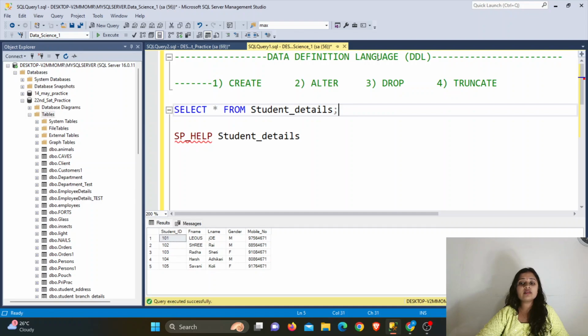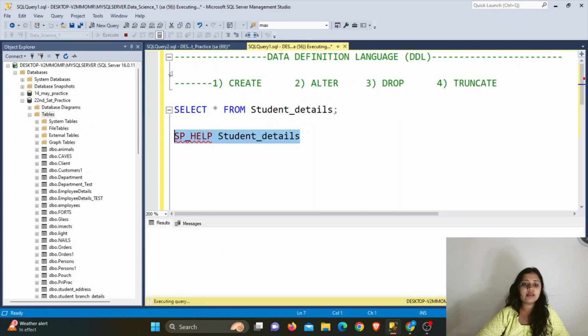This DDL category, that is the Data Definition Language category, is all about making changes to the structure of your table. Here I have created one table, that is student_details, and if you want to see the structure of the table, there is one special command, sp_help and the table name.